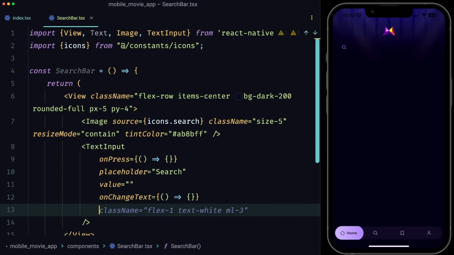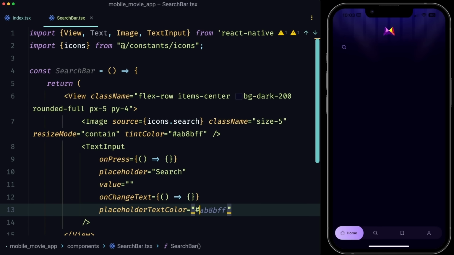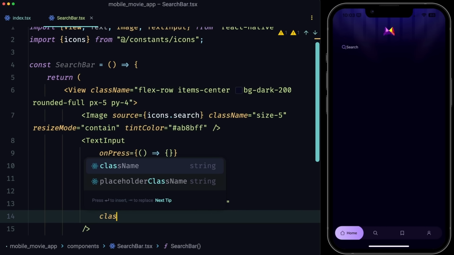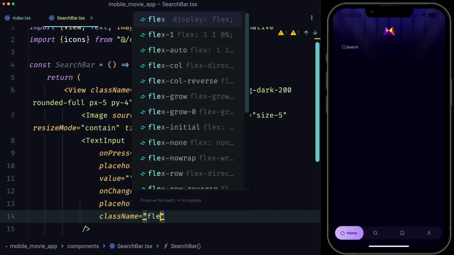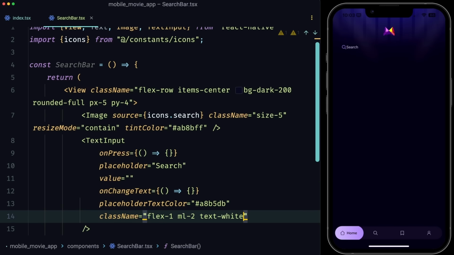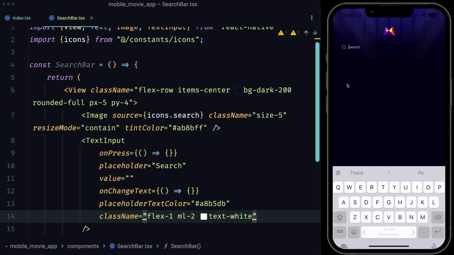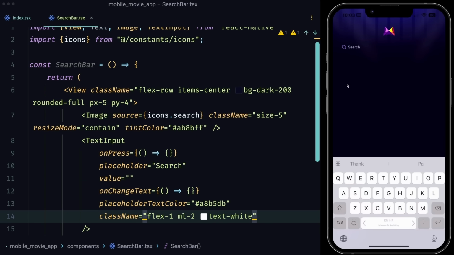an onChangeText, which for now will be equal to an empty callback function, a placeholderTextColor, which can be similar to our tint color, #A8B5DB. There we go, now we can see it. And finally, we can give it a class name of flex-1, margin left of 2, and text-white. So now we have what appears to be a very simple search. And when you click on it, you can see that your keyboard actually opens up, giving you a way to